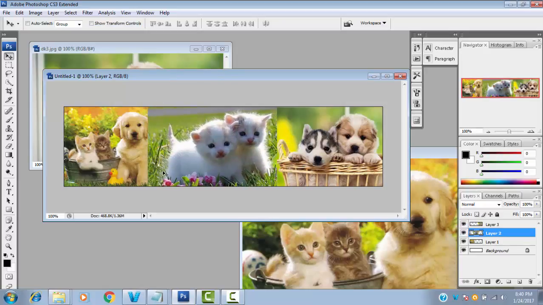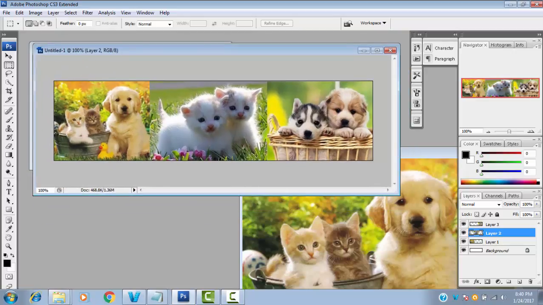So this area I don't need, so I am going to cut it. Again go to the layer and select the area which you are going to cut. This is the area I am going to cut. You just select it and delete. Press the delete key on your keyboard. Okay, this is a nice